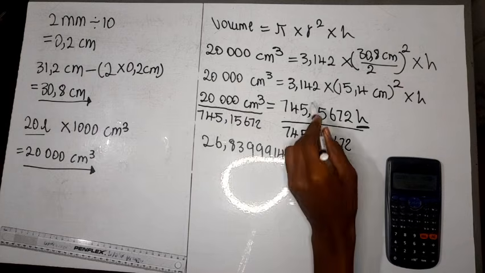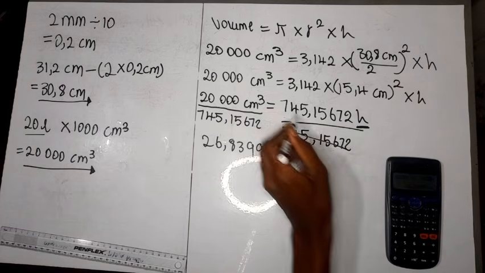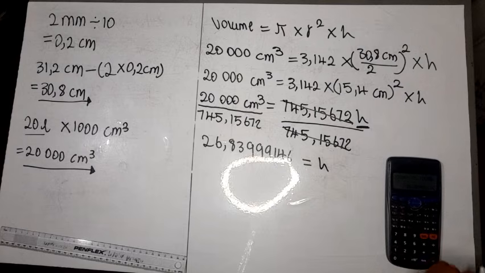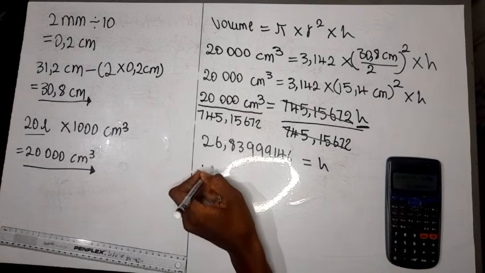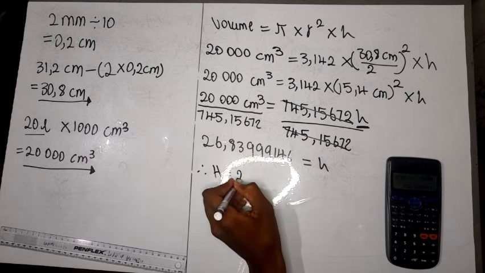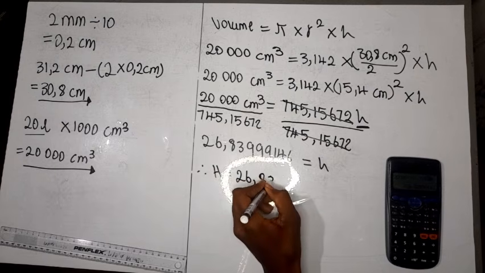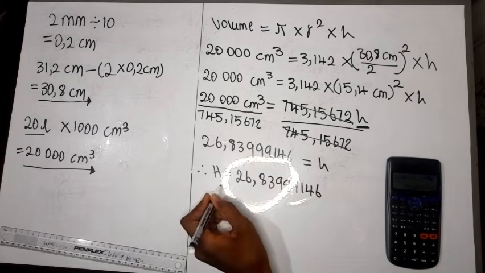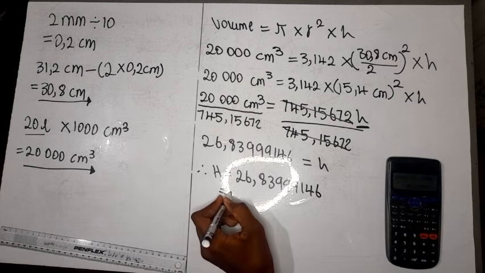So these two cancel each other. This one cancels this one, and we're only left with h on the side, right? So that means that the value of h equals to 26.83999146, right? We can round it and it is going to be